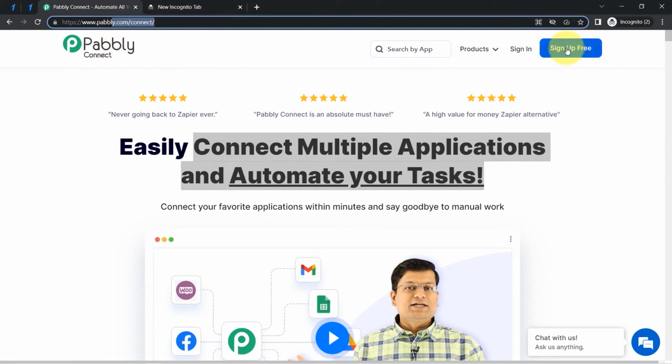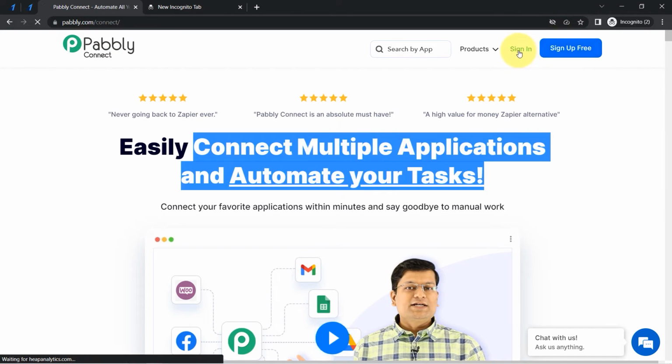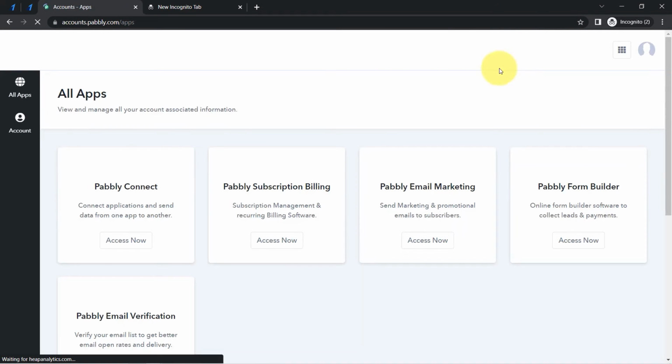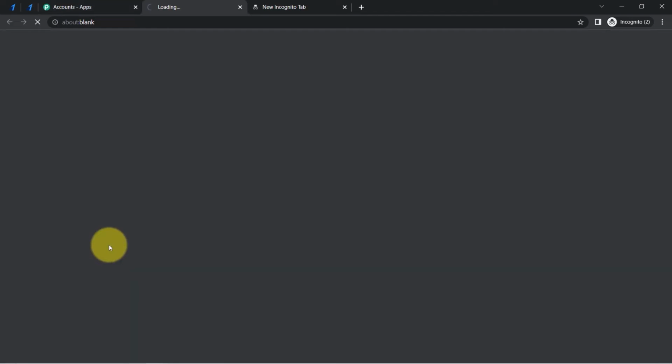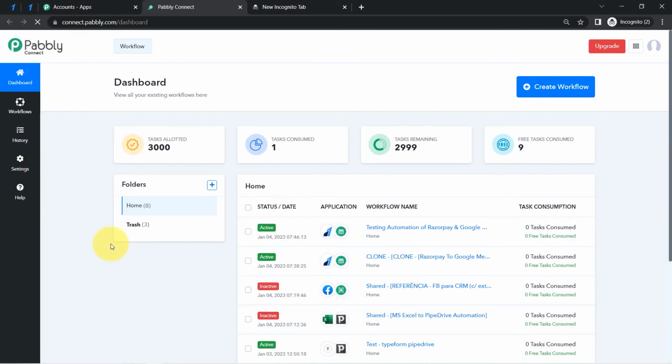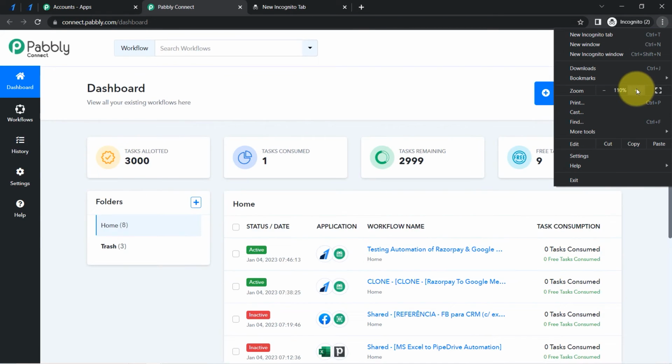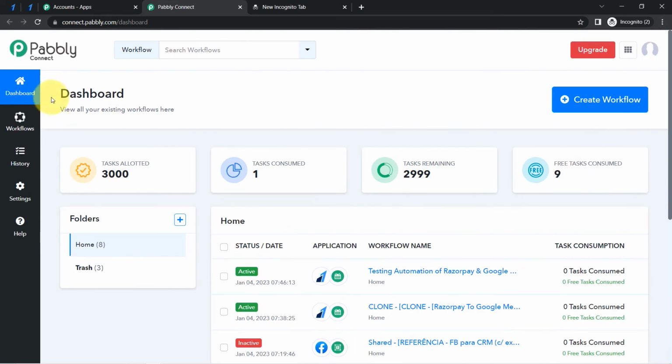Now, if you are a new user of Pabbly Connect, you will have to sign up for free. I'm already an existing user of Pabbly Connect, so that is why I'm clicking on sign in. Now, in the free account, you will also get free tasks every month in order to test these kinds of amazing automations. After reaching the dashboard of Pabbly Connect, the very first thing you'll have